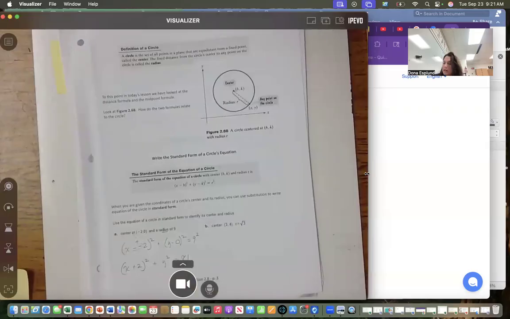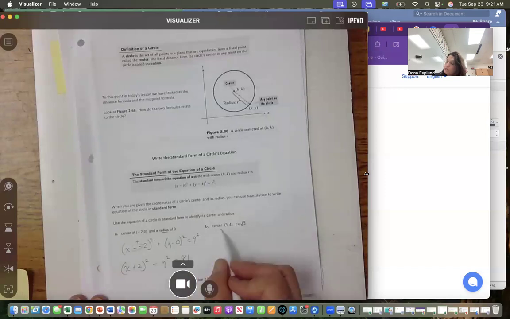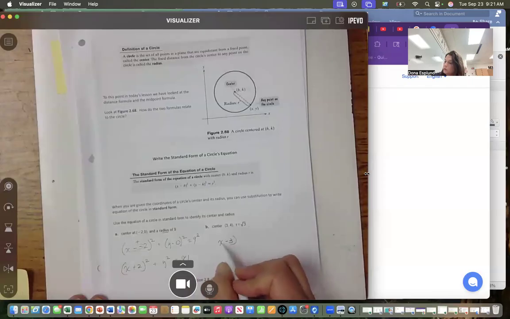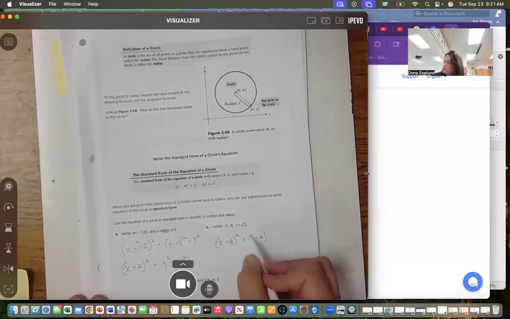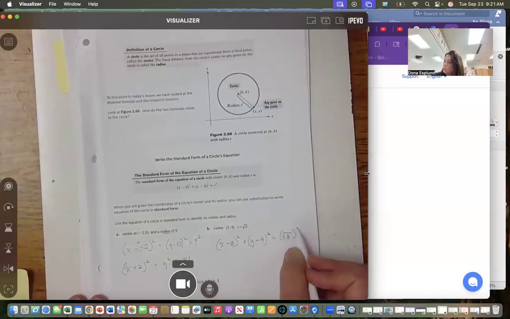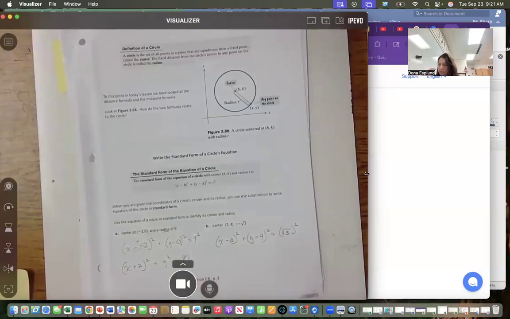Okay, so inside your function, it's going to look like the opposite. When you look at this, the center will be at -2, and if it's a minus, it's going to be a positive. So here's one that's going to be a positive. We're going to start off with (x minus 3) squared plus (y minus 4) squared, and I have the square root of 3 squared. And then to simplify it,